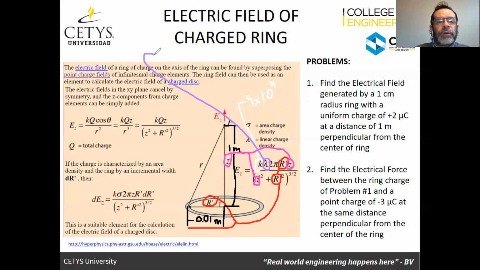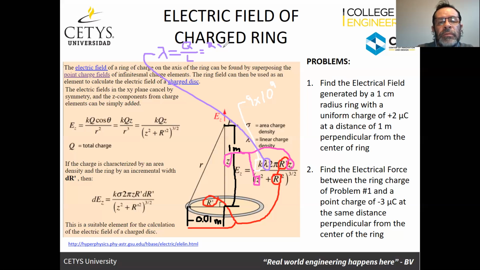So lambda, I'm going to bring it over here. Lambda, like Carmina said, is going to be Q divided by L. But in this case, L would be the whole length of the ring, that perimeter. So Q is 2 microcoulombs,